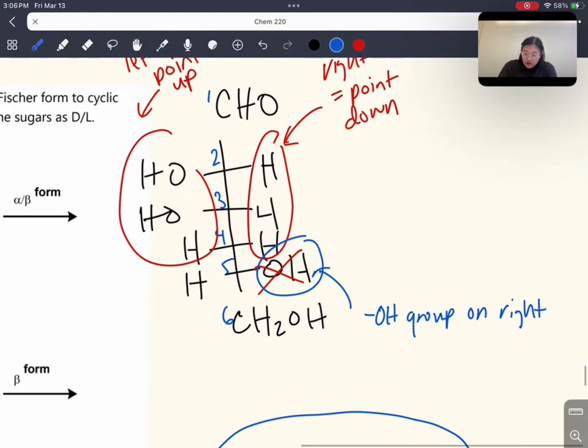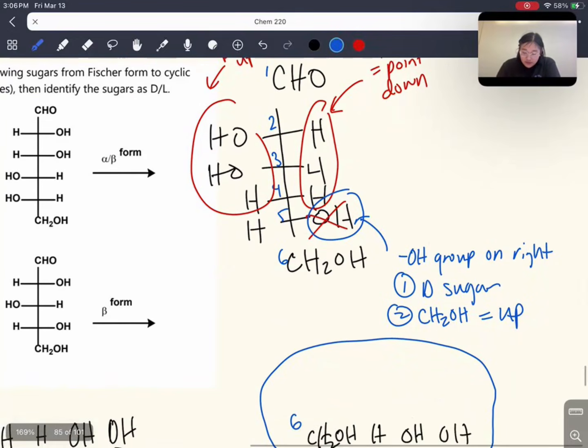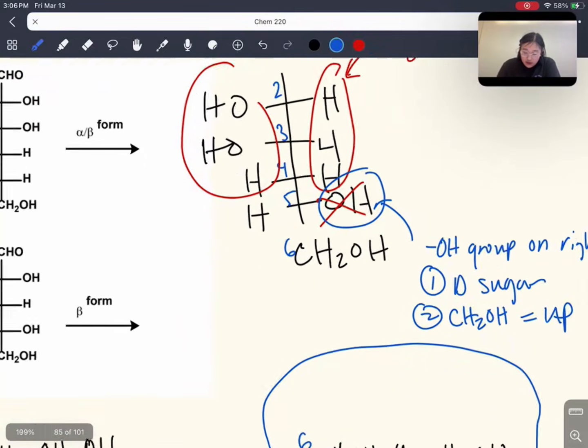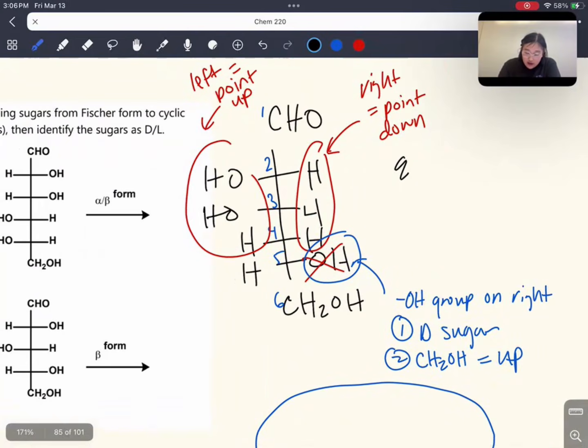One, you have a D sugar. Two, your CH2OH group will point up on your ring. And then the final thing to remember is that if you have an alpha form,